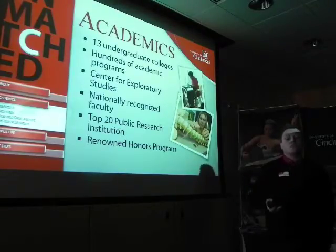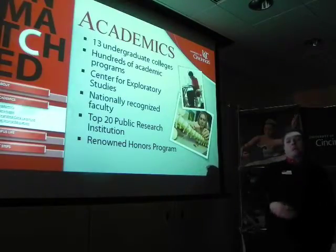So what that means for your student is that as soon as your first year on campus, you can start actively researching with professors. Now, that's inside the classroom, that's doing work in labs, and that's also doing work outside. For instance, we have students doing excavation of burial mounds in Southeast Ohio, students doing research on glaciers in Antarctica and Alaska, really making sure we're giving our students opportunities to get that classroom time and then work with their